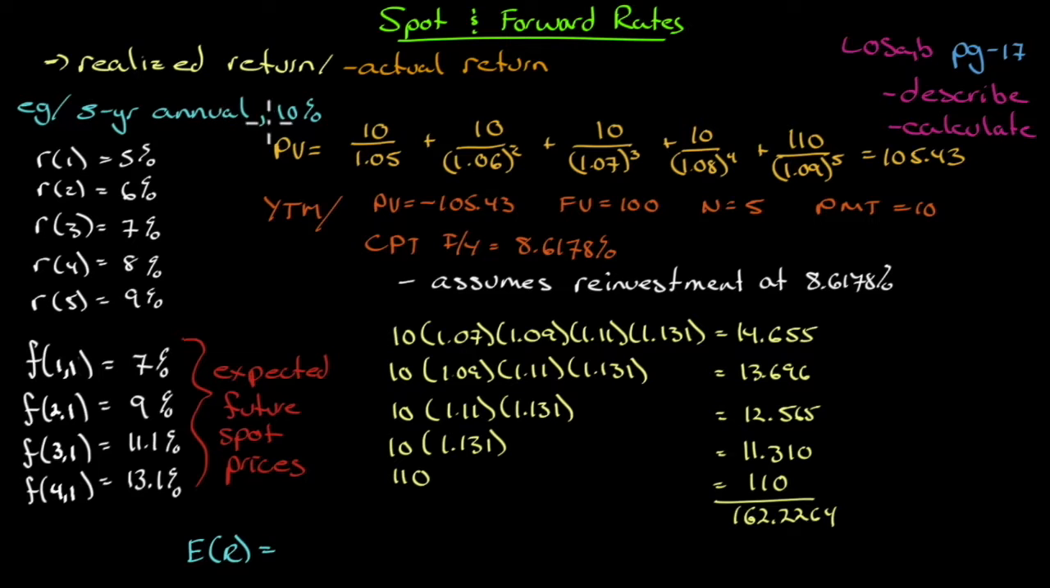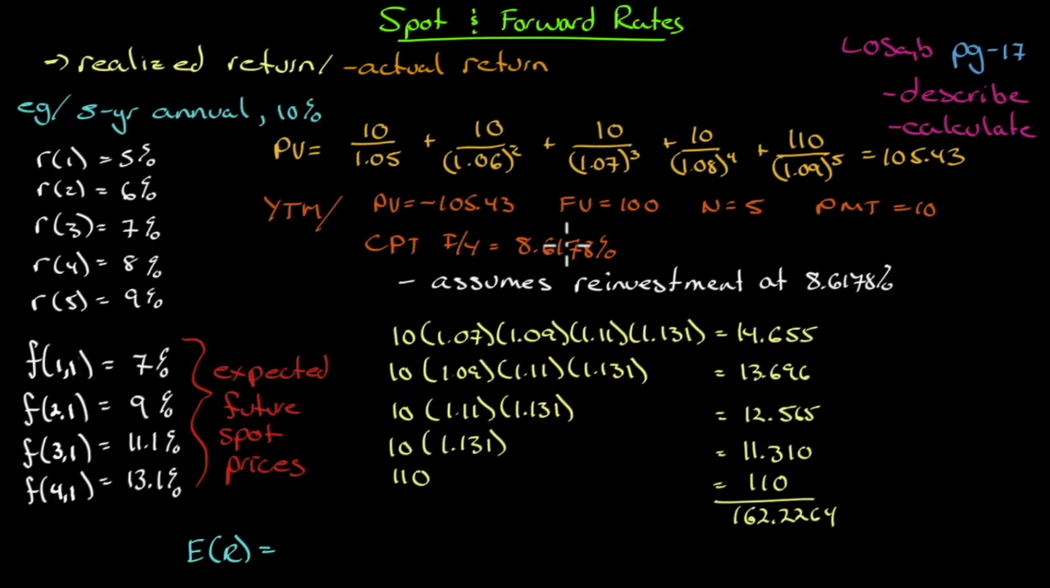Let's take a 5-year annual at 10%. Here we go. 5-year annual at 10%, so we'll have 10, 10, 10, 10, and 110. My numerator is just the definition of the bond, 10, 10, 10, 10, and 110. My denominator is a reflection of the current yield curve. I'll discount my first year payment at the 1-year spot rate, 1.05. Notice it's 5, 6, 7, 8, 9, 5, 6, 7, 8, 9. So I'm discounting each cash flow by its respective spot rate. I get a present value of 105.43. So for my yield to maturity, I know my present value, I know my future value, my N and my payment. I can compute my yield to maturity,